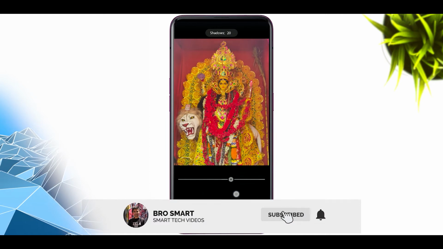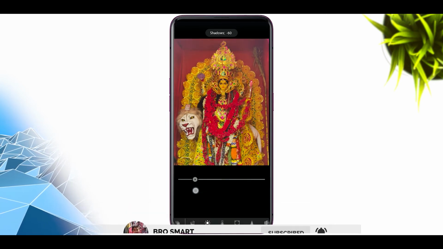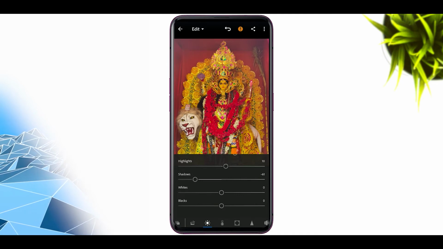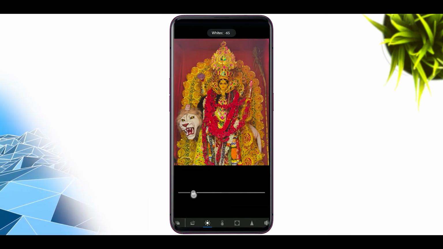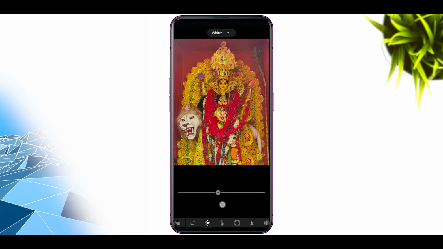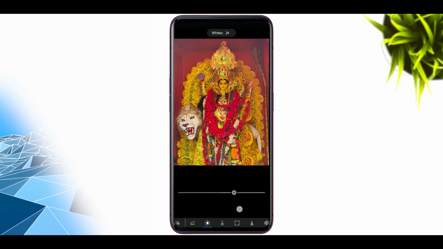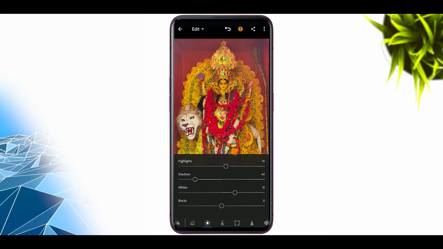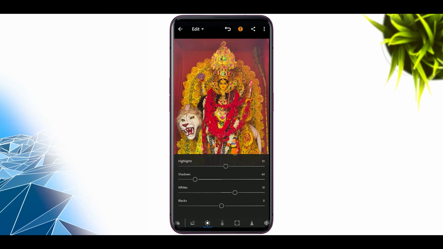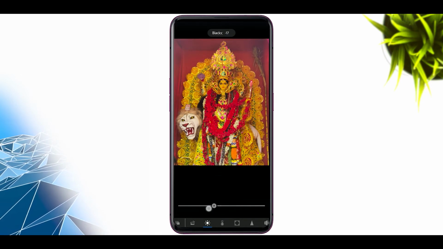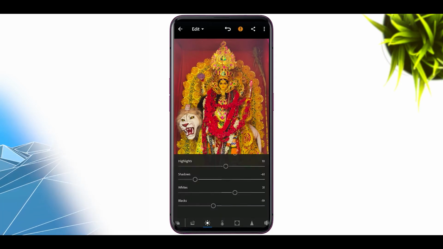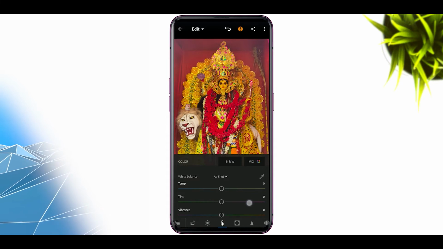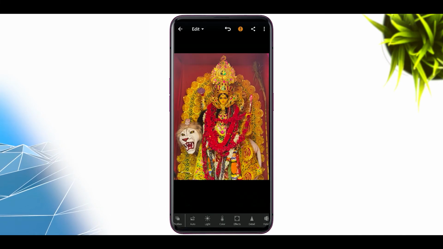Again, just like the contrast, I will decrease the shadows level up to -60 so that the blacks become more prominent. Also in the whites and blacks, as the name suggests, if you increase the whites they become brighter. So I will just increase it up to 30. And if you look at the lion, you can easily notice it because earlier when I took the photo, the lion was in shadow. Again, I will decrease the black up to -20. As you can see, the photo is now crisp and everything you see in the photo from hair to the flowers are in detail.